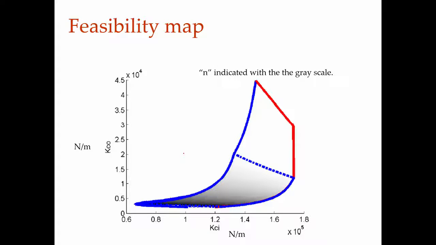The space equivalent of material properties, we have properties of the compliant mechanism here, which are KCI, KCO and N, and that is the thinking that one should have with this third design technique. Once you have the 3-dimensional map that we saw, if I take a projection of that, we can project onto, in this particular case, KCO and KCI. One can do KCI and N, KCO and N, any of the 3 combinations, that is up to the user